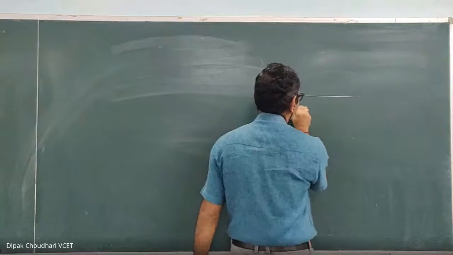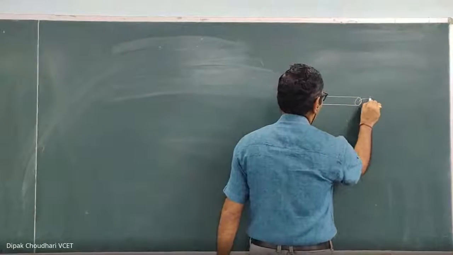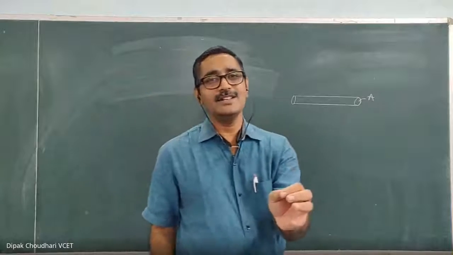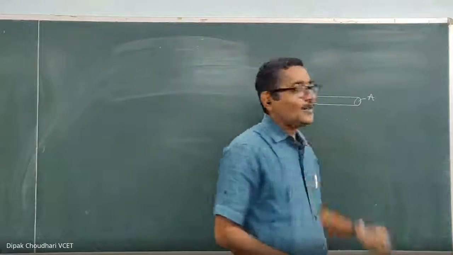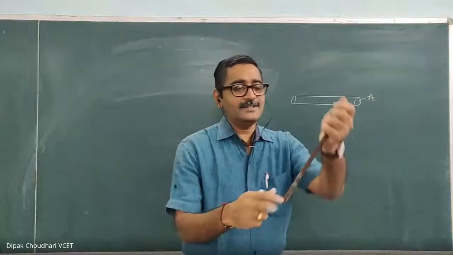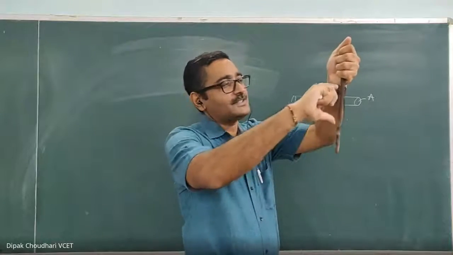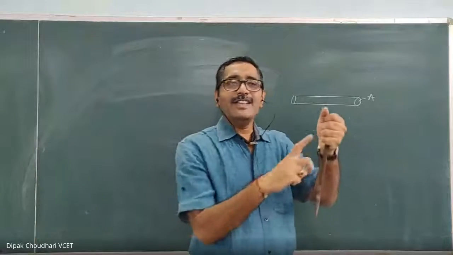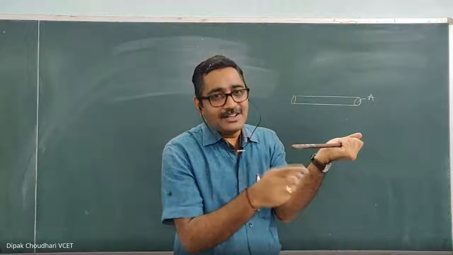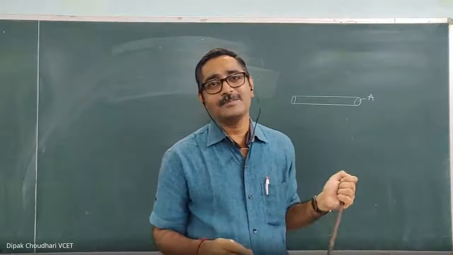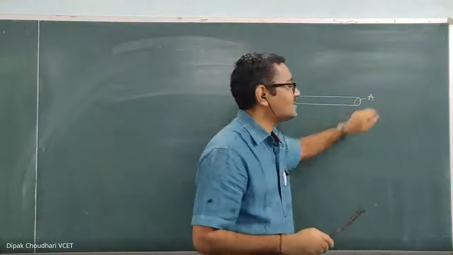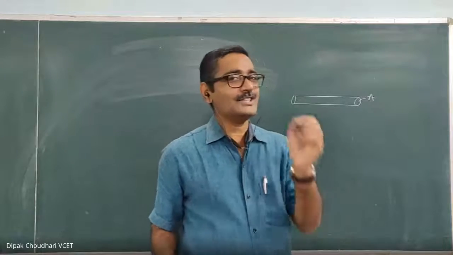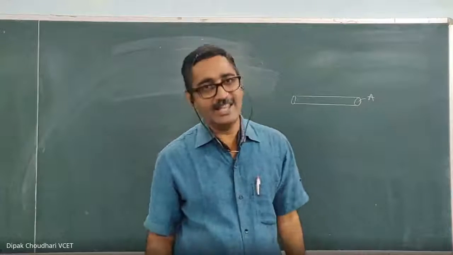Now, consider this is a specimen. This is the original cross-sectional area. We are going to do all the calculations with respect to the original cross-sectional area. Listen, when we apply the tensile force, the length will increase. There will be elongation. And when there is elongation, the lateral dimension, that is the diameter, will decrease, and hence the cross-sectional area will also decrease. But we are going to do all the calculations with this original cross-sectional area.